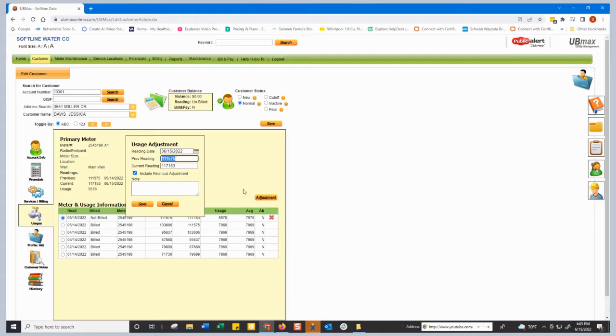Now, you got to be a little bit careful about this because changing a reading is going to really affect the dollar amount on the bill. Well, if the reading is correct, don't try to manipulate the dollar amount of the bill by changing that reading. That's right, because if it's right, then you should not change that at all. It's going to mess it up somewhere down the road. If you say, well, their bill is too high, I want to give them a better deal on that, and you change that current meter reading down to